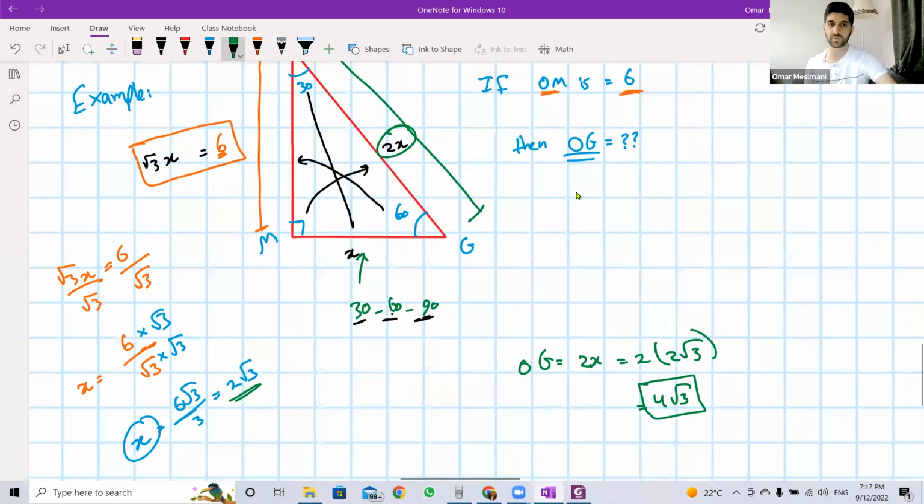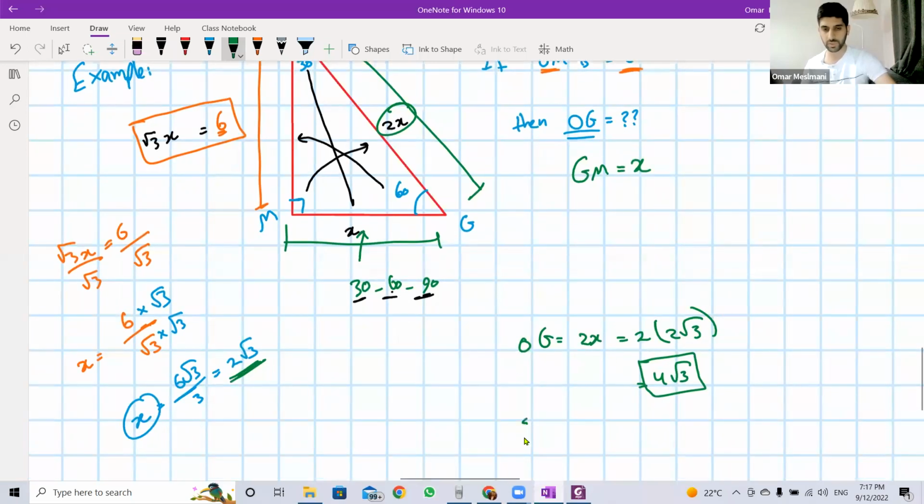If he's asking, for example, what is the GM or MG, it's going to be x. I already found the x, which is 2 root 3. So GM